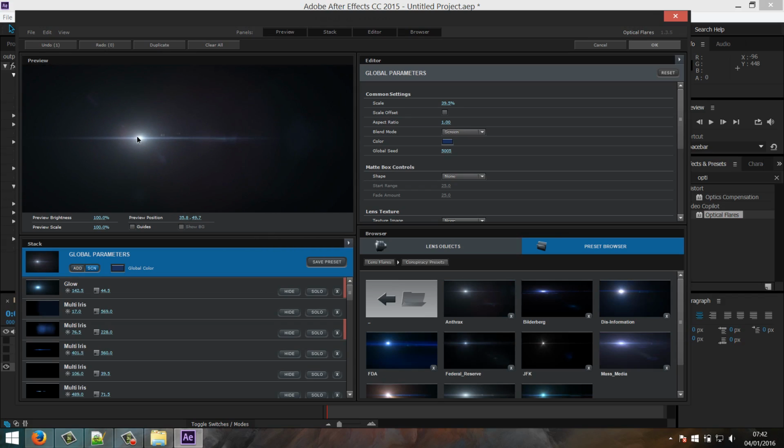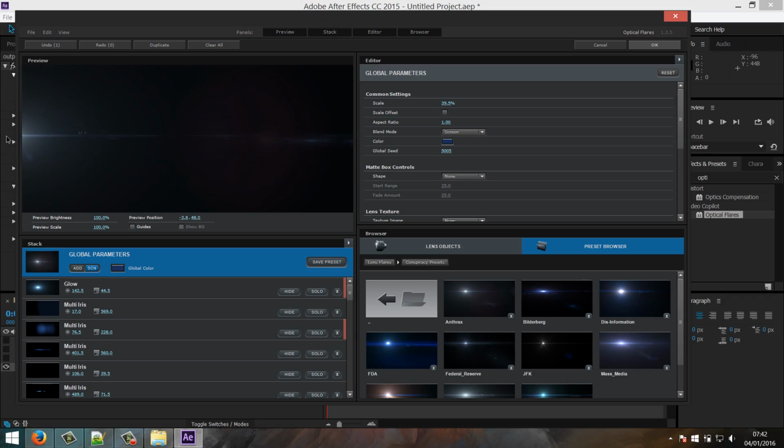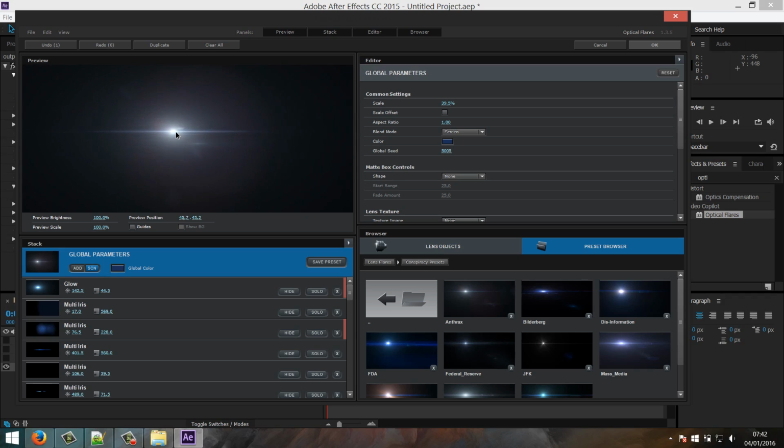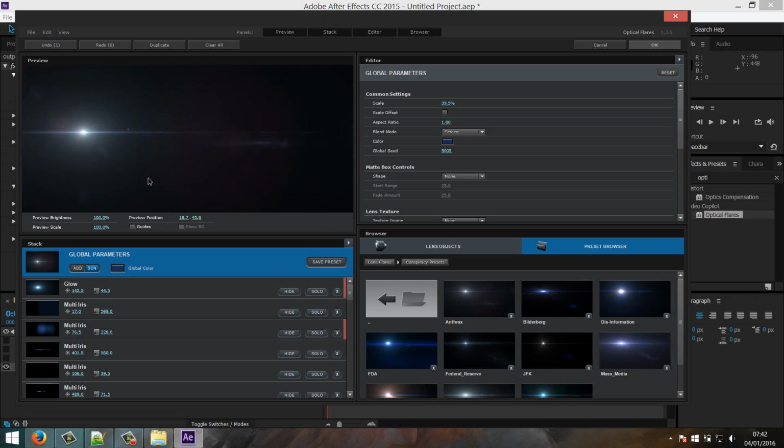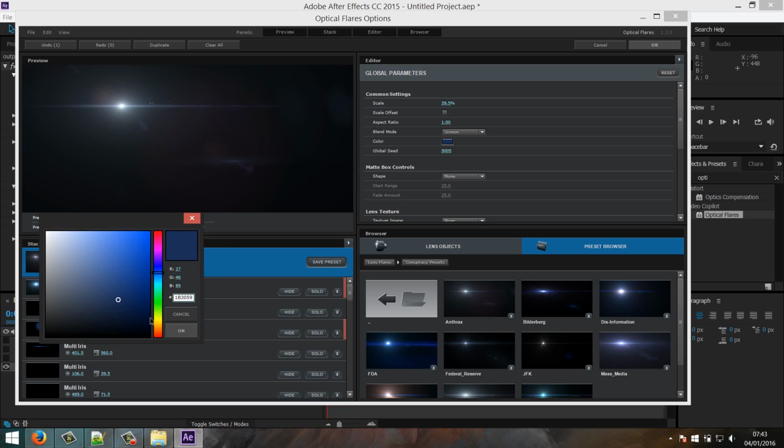Some of them are set up as an anamorphic lens flare, so they will get brighter when they are at the edge of the screen or if they're at the center of the screen. So they will actually react to where in the image they are. So they're actually pretty good lens flares. I'm gonna make this a bit warm,